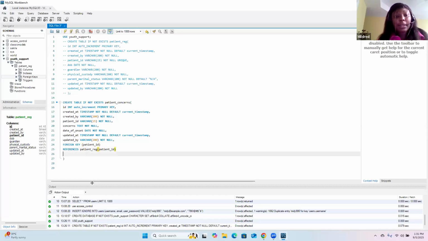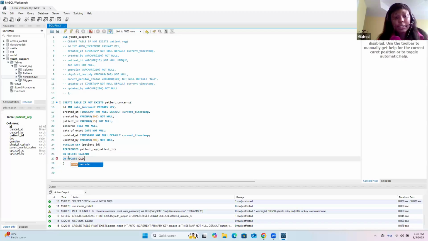And then what happens when the parent table is deleted? So we'll say on delete, we want it to cascade. And then when it's updated, we use on update. We want it to also cascade,